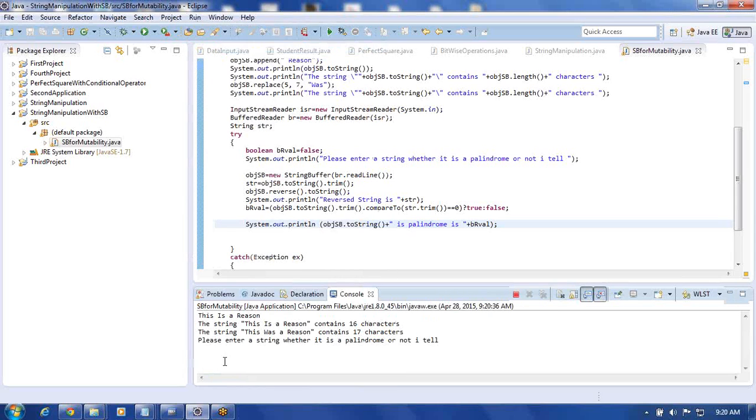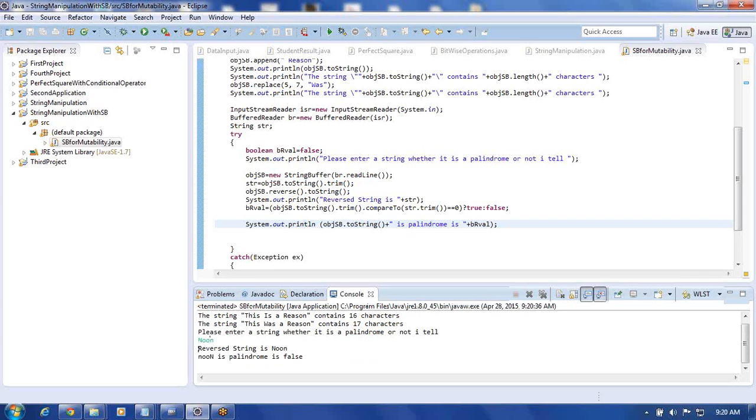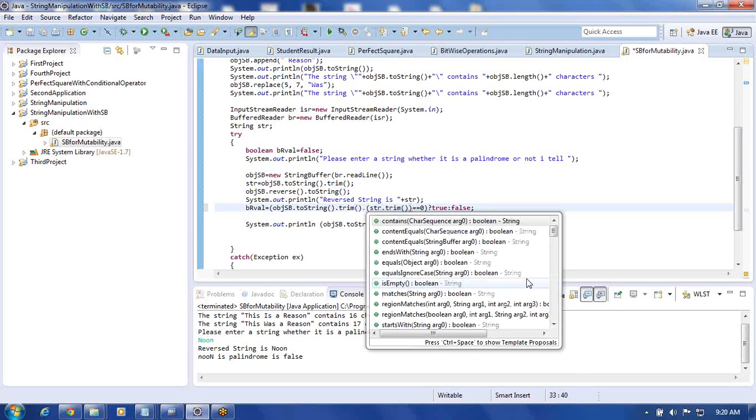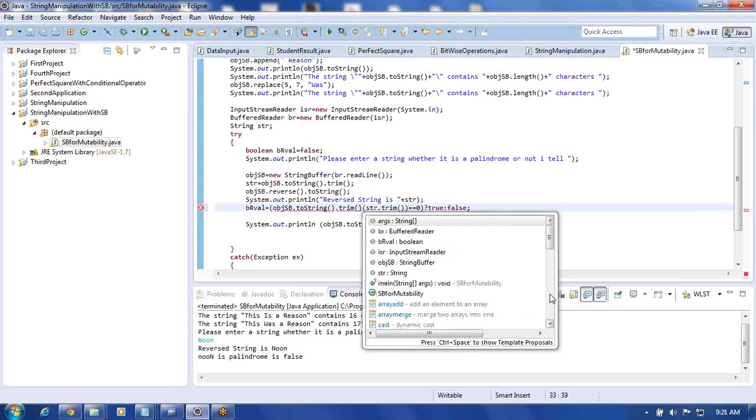Even when you enter something like this, say uppercase Noon, even this is going to say false, because it is looking for case sensitivity. In such cases we can ignore the cases. Dot compareTo ignore case you can do with that. Trim dot,